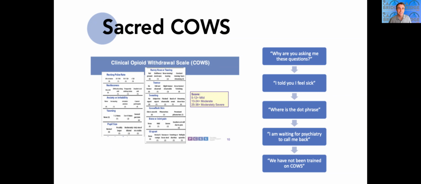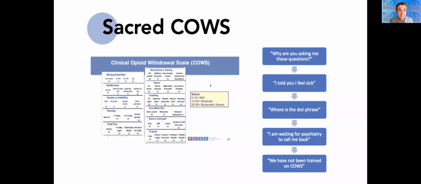No, right? This was designed as a research tool. I use COWS a lot in research, right? And in research, it's a big problem because the inter-rater reliability is so bad, right? So whether my COWS and the nurse's COWS and your COWS, they could be widely divergent, right? It has 11 dimensions with each dimension being scored with 4 points.